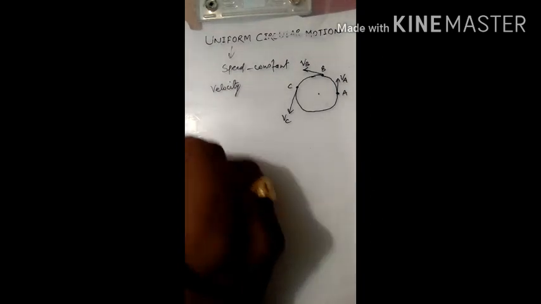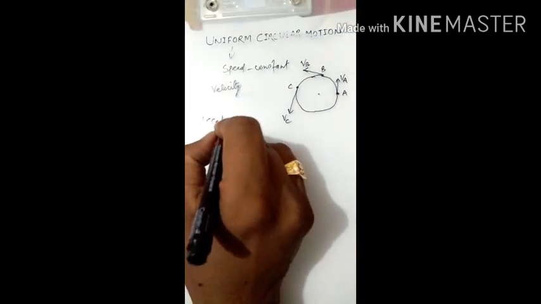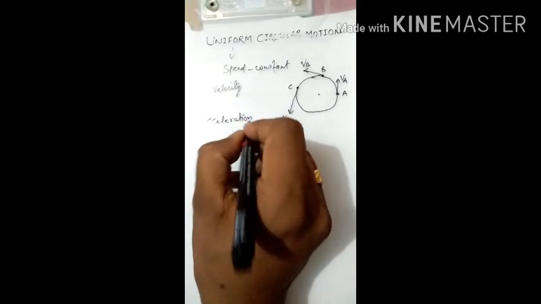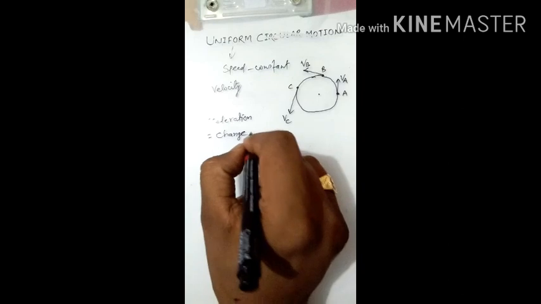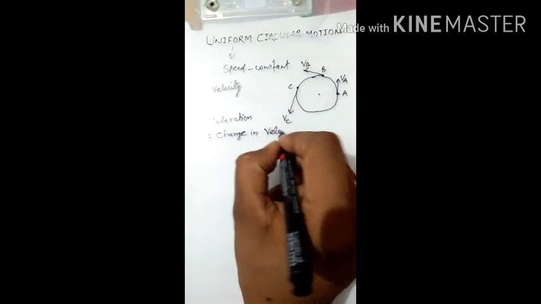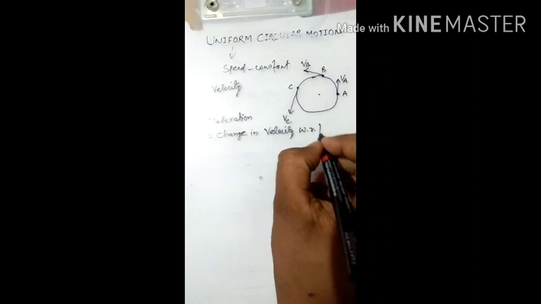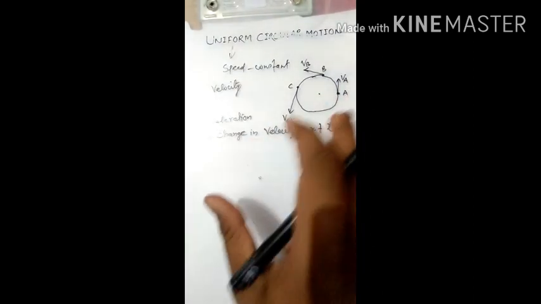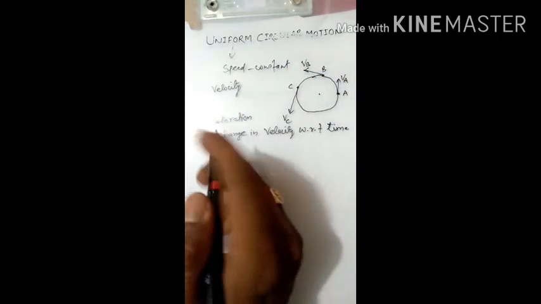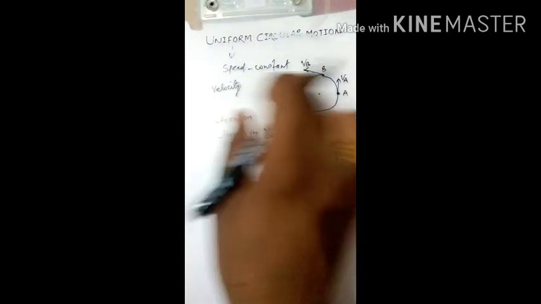As we know, acceleration is the change in velocity with respect to time. Here velocity continuously changes, so acceleration is present in uniform circular motion,